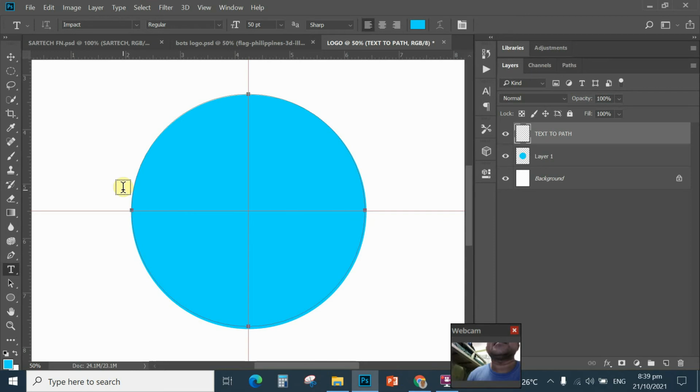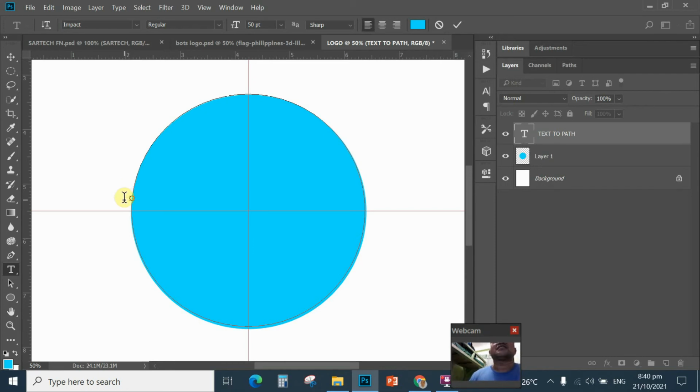See, this one is an I-beam, meaning when you type text, it will only type text horizontally from left to right. When I move on the path, when the mouse pointer hits on the path, the mouse pointer changes to a curve here. That is now an indicator that you can click the mouse and then you can type the text to path. So here, you make sure there is a curve when you click once, and then now you have your cursor indicator that you can now type